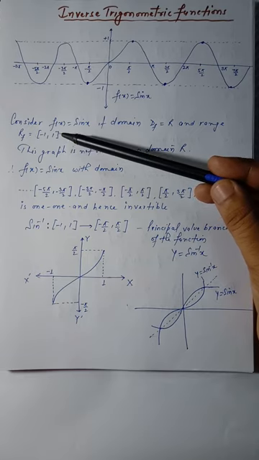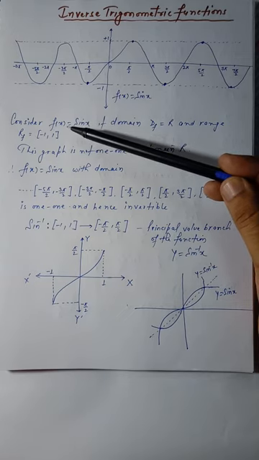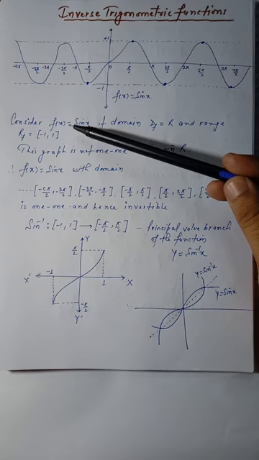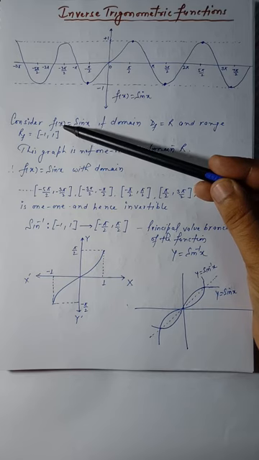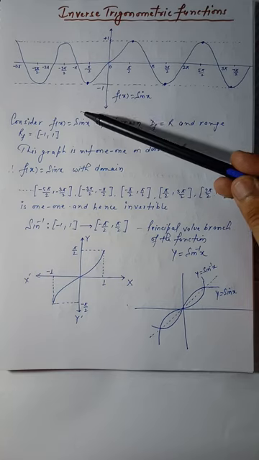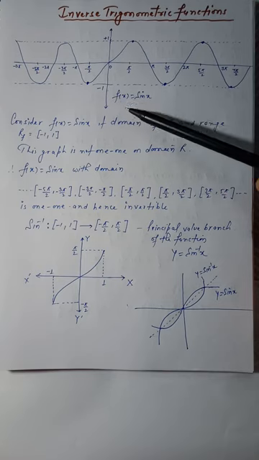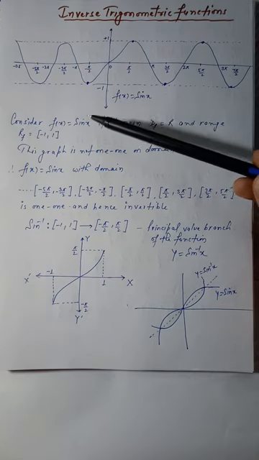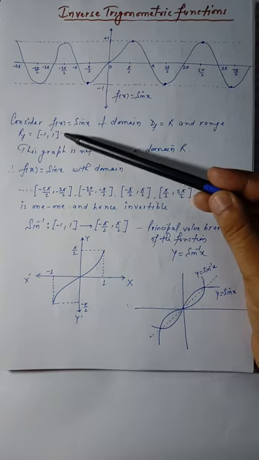And we already know that the inverse of a function exists if the function is one-one and onto, and the inverse will be from set B to A. Suppose a function f(x) is defined from set A to B, then the inverse will exist and it will be from set B to A, or simply we can say that the domain of the inverse function is the range of the main function, whereas its range will be the domain of the main function. Let's take this sine. Here the domain is real numbers and the range is from minus 1 to 1.